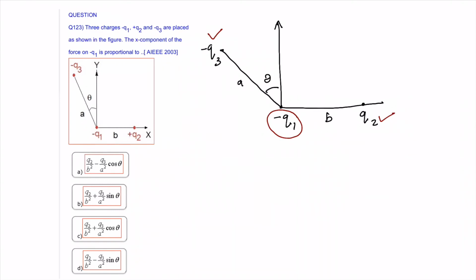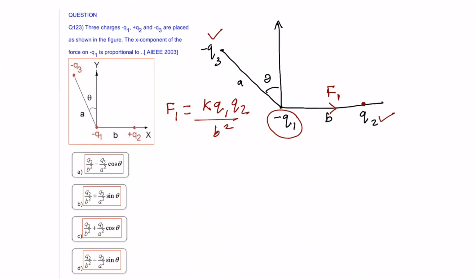Okay, and you can see that Q2 is a positive charge and minus Q1 is negative, right? And definitely this Q2 attracts minus Q1, and we can call that force F1. And you can see that it is acting along the x-axis, and that force will be K Q1 Q2 by